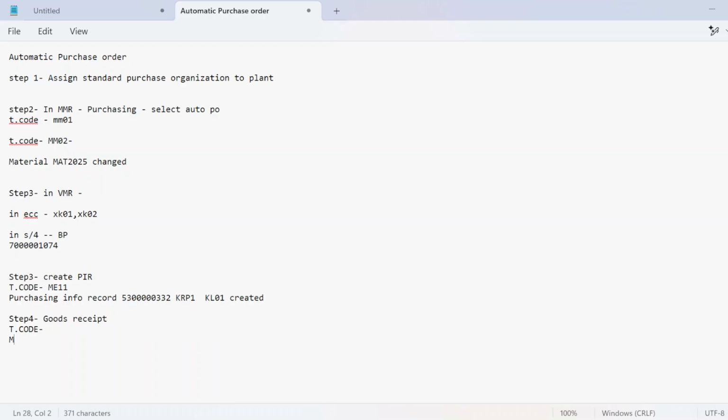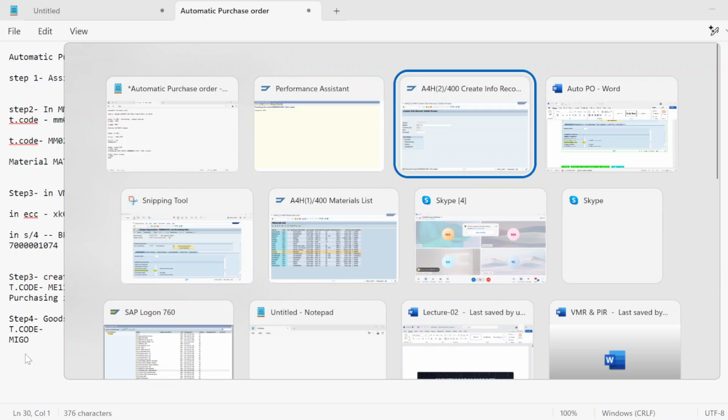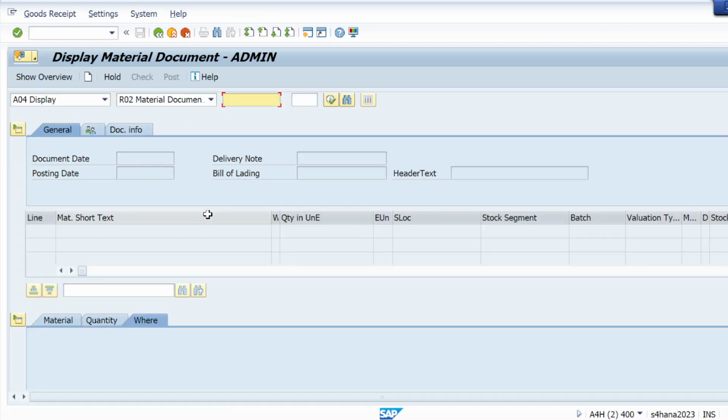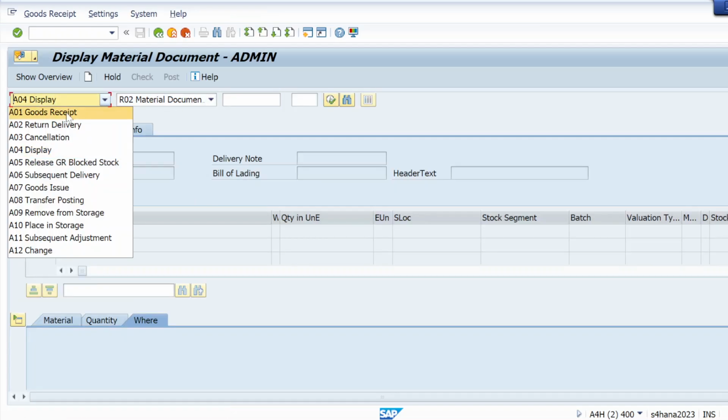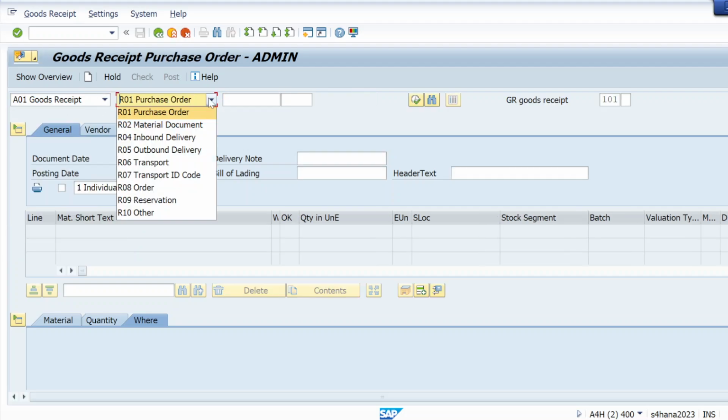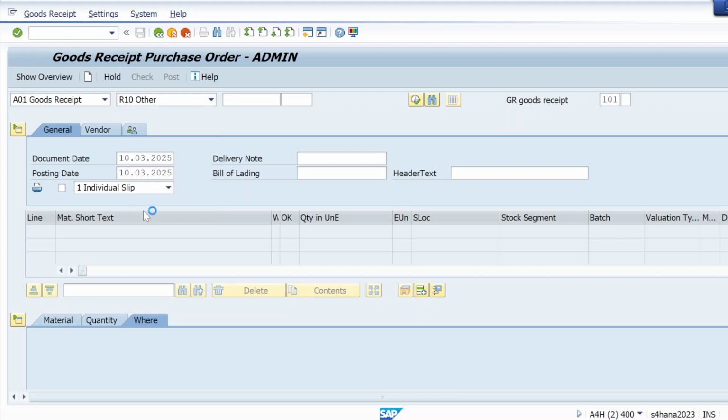Directly we will use T-code MIGO. And here I will do goods receipt. Instead of a purchase order, we will select Other.